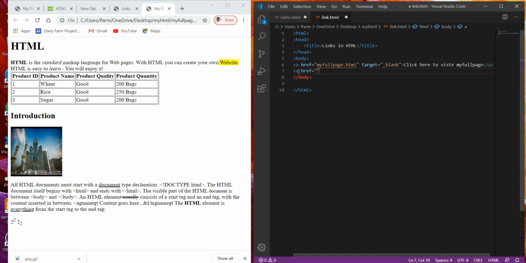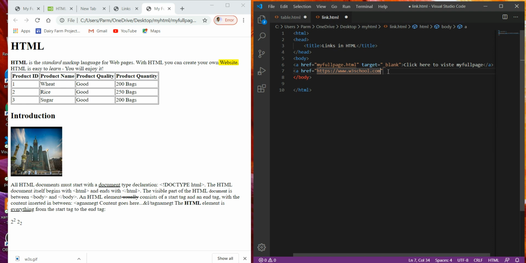Here we have to give the complete URL of the file, say https, because this file is located on a hypertext server. The HTTP protocol has to be used over here. Then we have to use www.w3school.com.